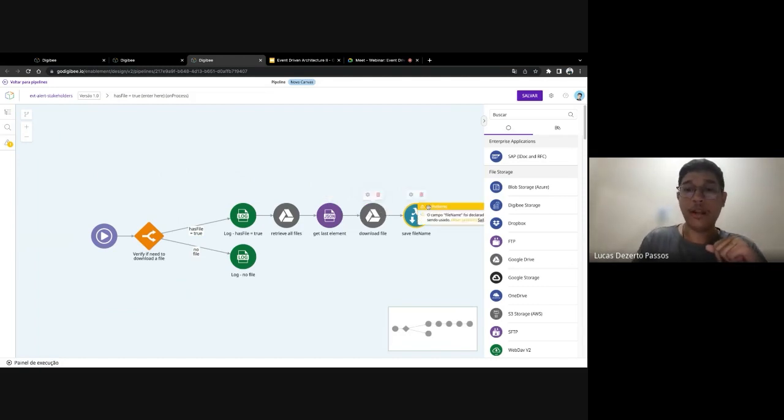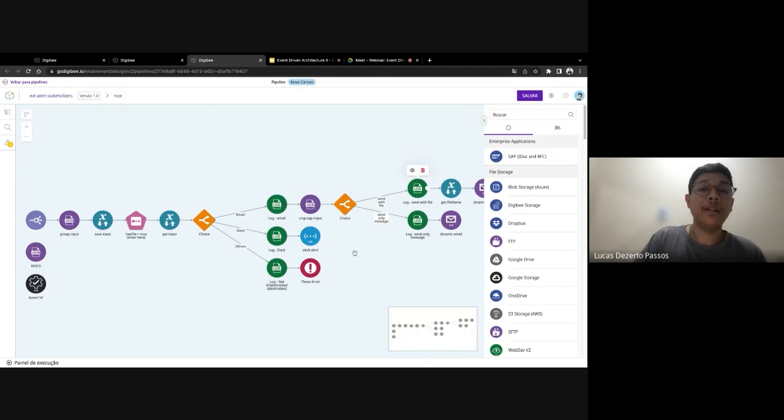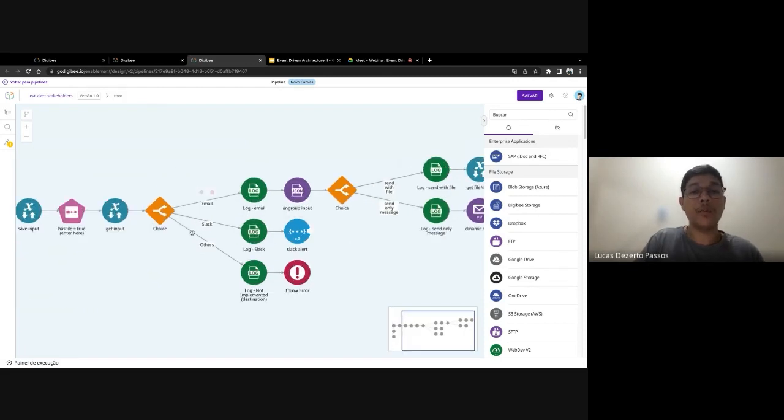So we save the file name on the context of our pipeline, and this file name is on the GGB context here on the platform. Our file name is the file directory 2. So by saving the name, we are pointing to a file directory. After it saves the file, it checks what the developer's choice is to alert the stakeholders.